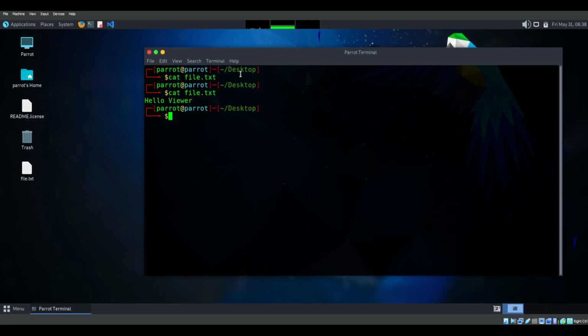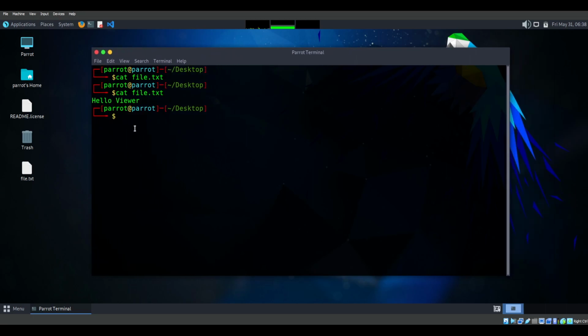What if I want to edit anything using the terminal? Then there is one command, which is echo. So when I type echo space file.txt,